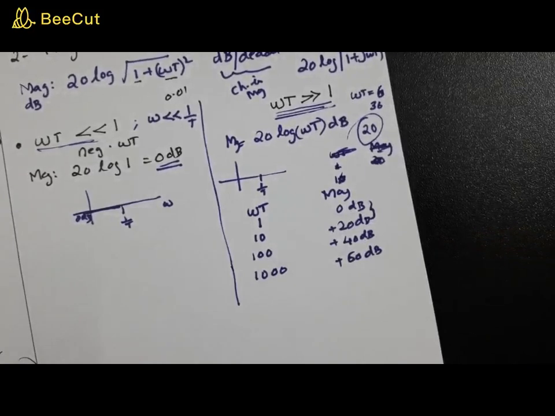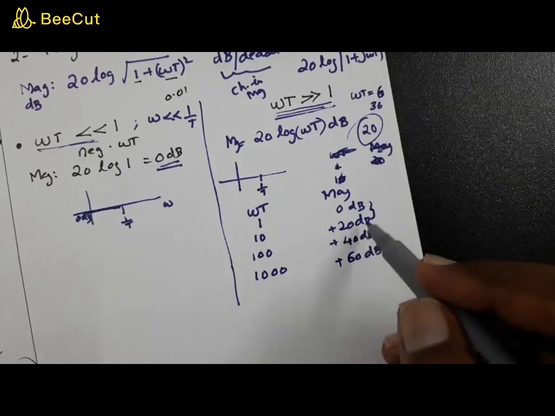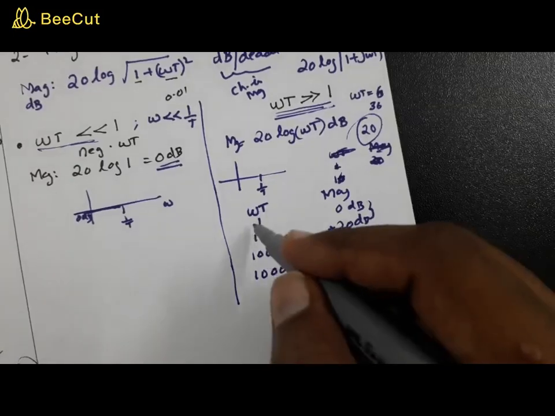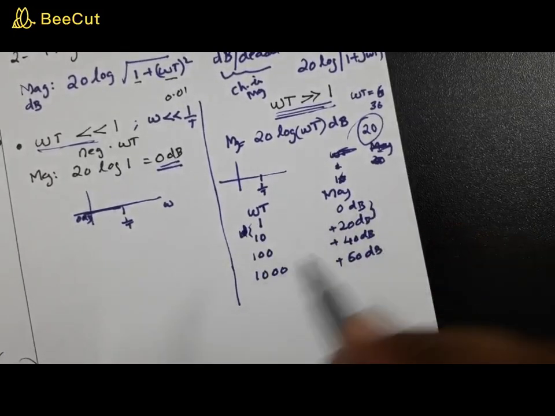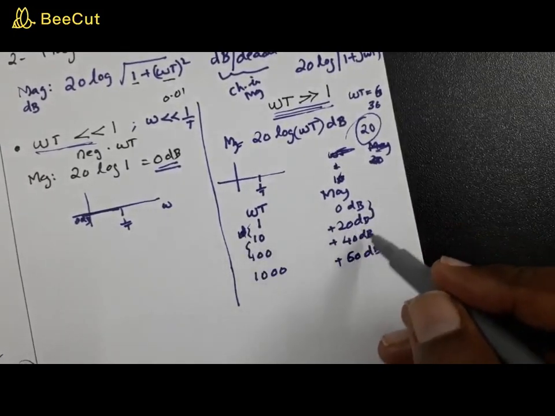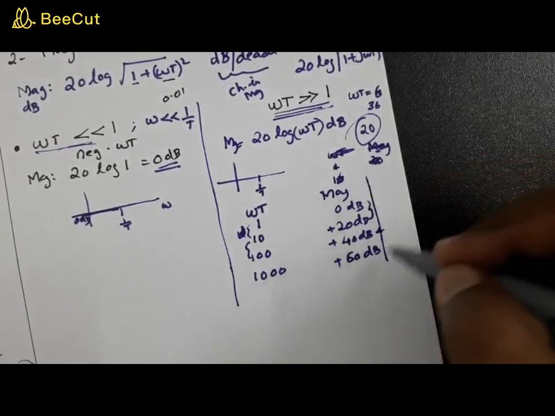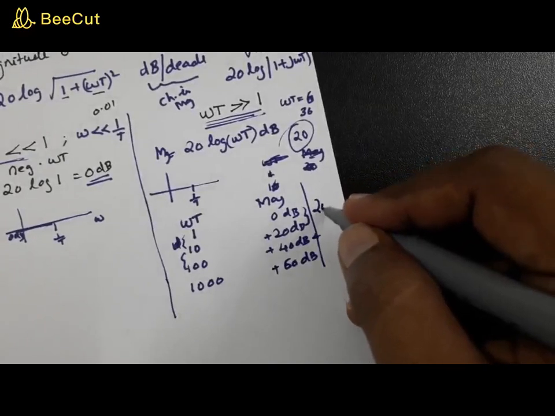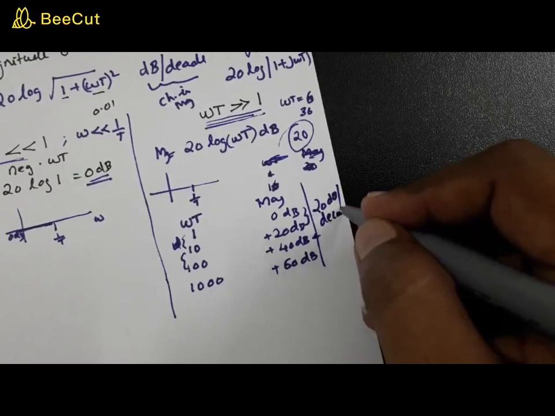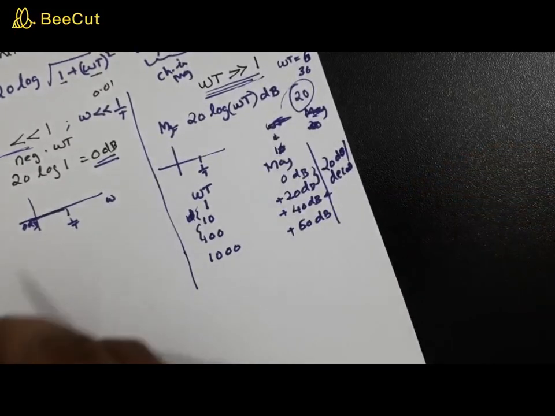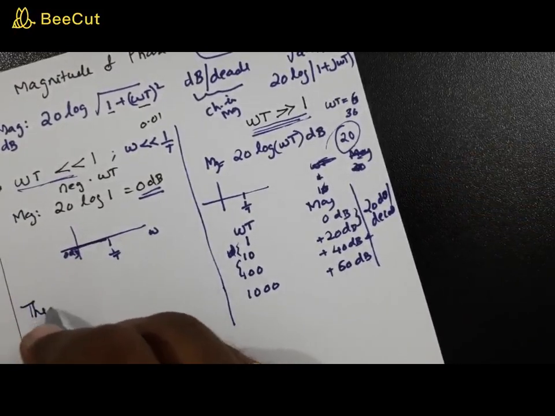This particular term increases by 20 dB in every decade, right? So in this decade it changes to 20 dB. In this decade it changes by another 20 dB, resulting in 40 dB. So what you can say of this variation is that it offers a 20 decibel per decade rise. So the magnitude of 1 plus j omega t